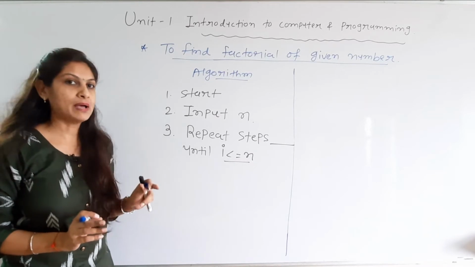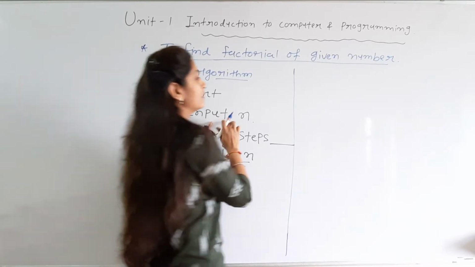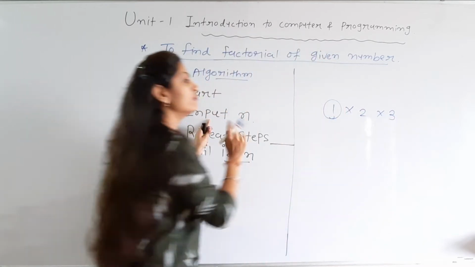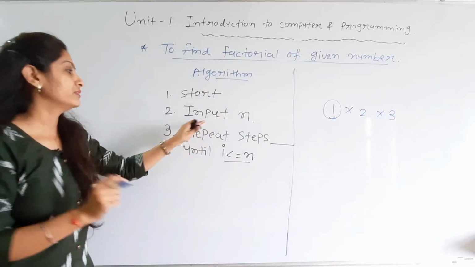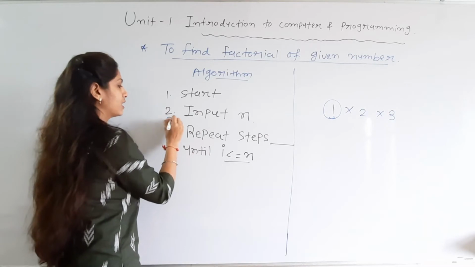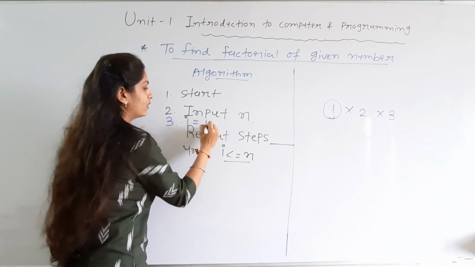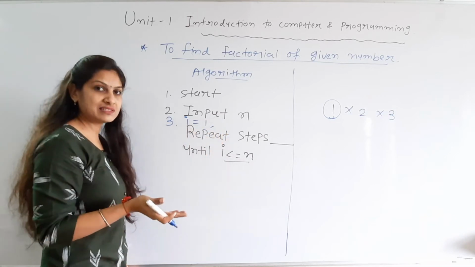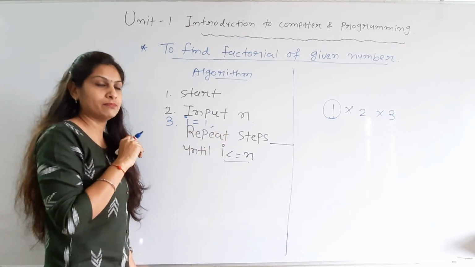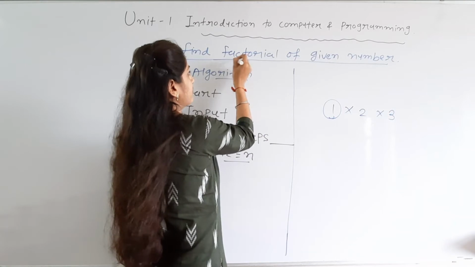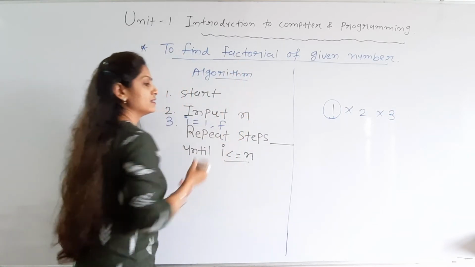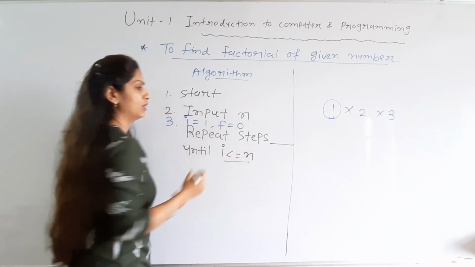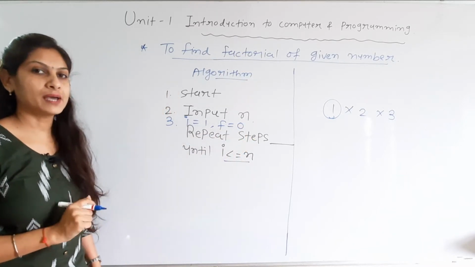But you have to remember, you have to find the factorial. So this is like this. Obviously the one value you have to remember, that is nothing but our third step, I equals 1. Clear? Now here sum equals 0 I wrote in the previous example, but now we have to find the factorial. So the variable is, suppose, f. If f equals 0 I am considering, then what happens?